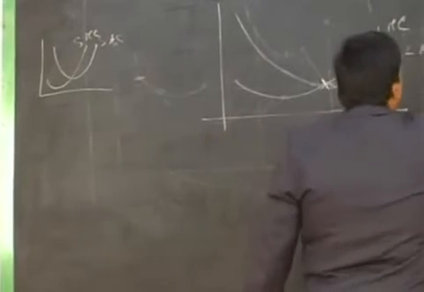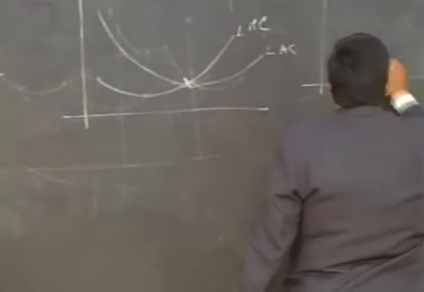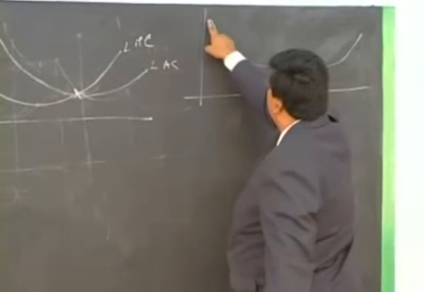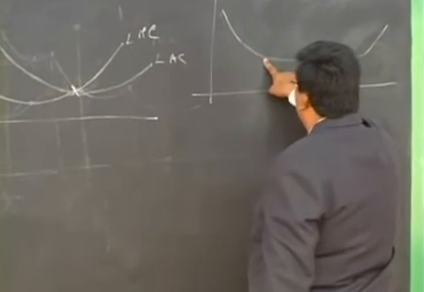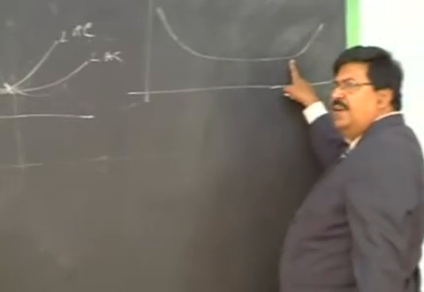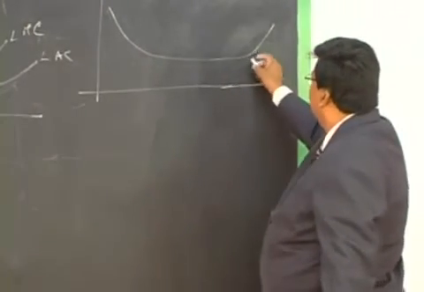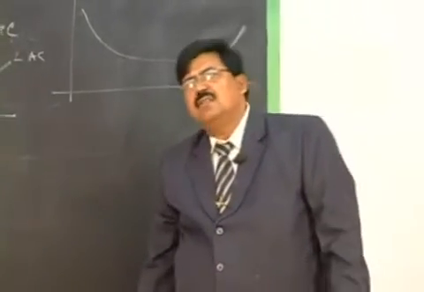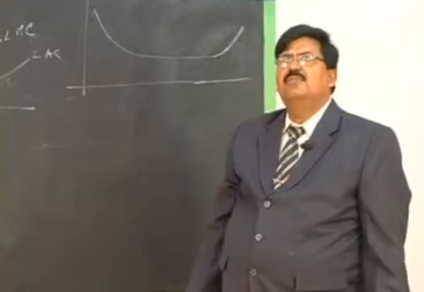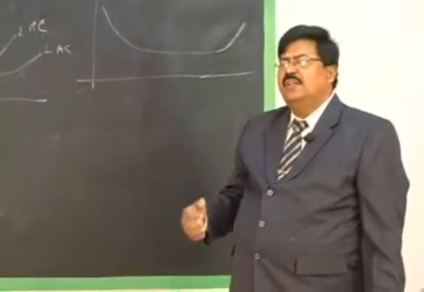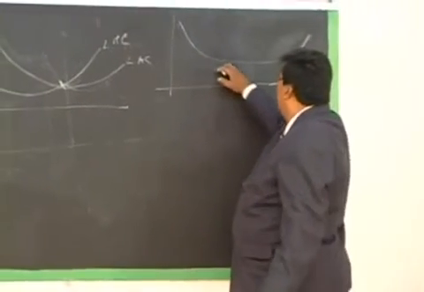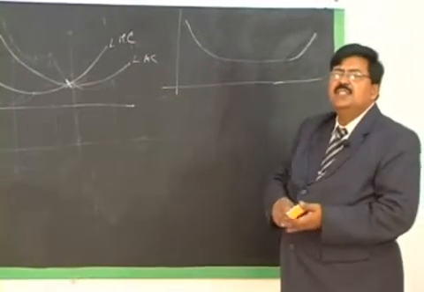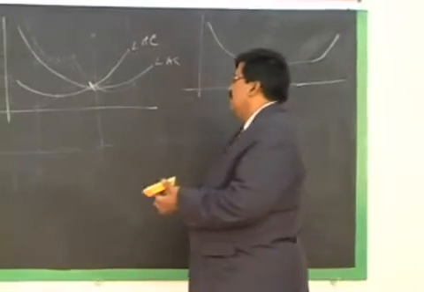And what would be the real shape of LAC? Empirical studies proved that LAC is saucer shaped like this. So this is economies of scale, and this will continue for a period, and only then diseconomies take place, giving rise to the rising portion of LAC. So LAC is usually saucer shaped, and so long as the firm maintains control over its operations, or economies of scale continue, or it avoids the diseconomies, the U shape becomes a saucer shape. This is the shape of LAC, and this is LMC.